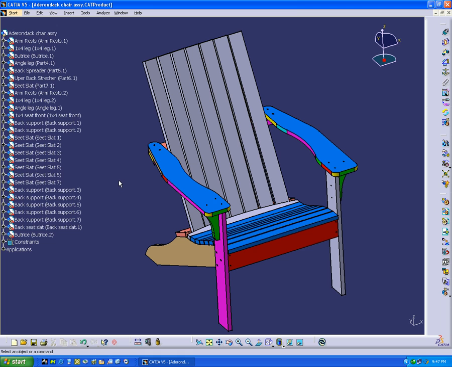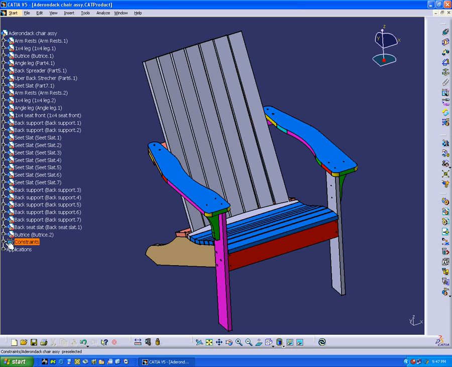If you've got to create wireframe, or surfaces, or part geometry, you have to do that in a CATIA .CATPart file. The assembly file basically just links all of the different part files together, and it adds constraints,